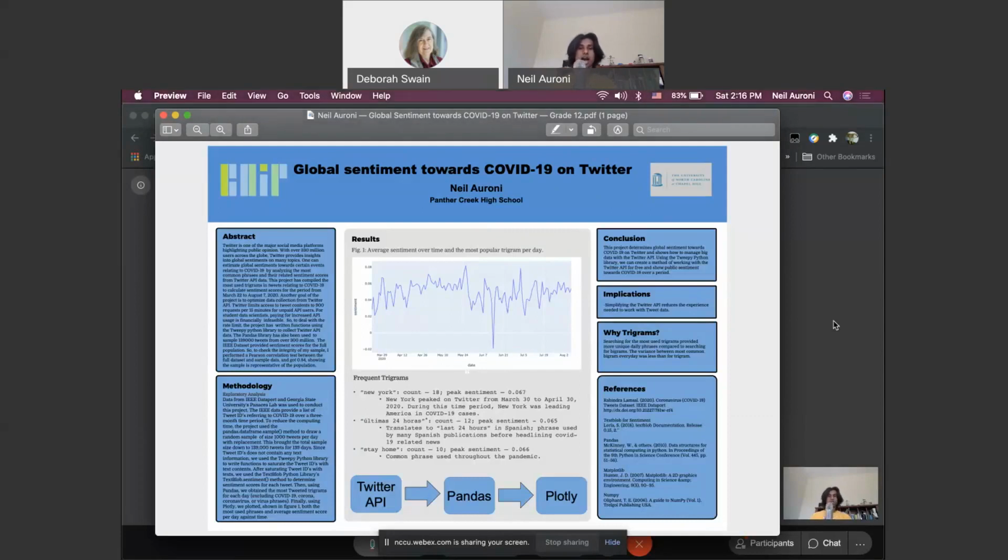To do this project, I used data from IEEE Dataport and the Georgia State University's Panacea Lab. The IEEE Dataport provided a list of tweet IDs referring to COVID-19 over a 3-month time period. To reduce the computing time, I used the pandas sample method to draw a random sample of 1,000 tweets per day over a 139-day period. This resulted in a total sample size of 139,000 tweets.